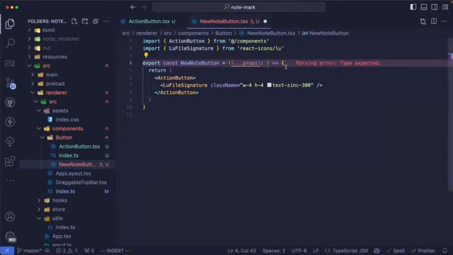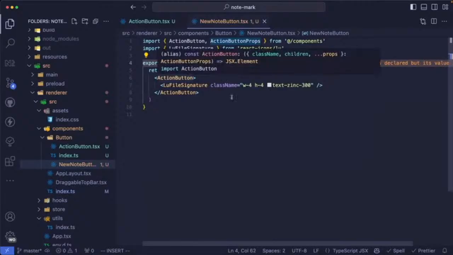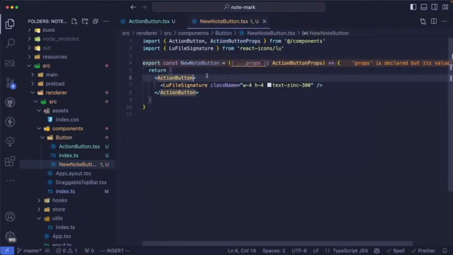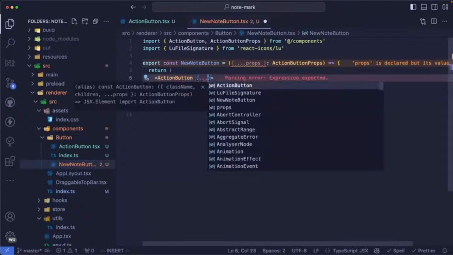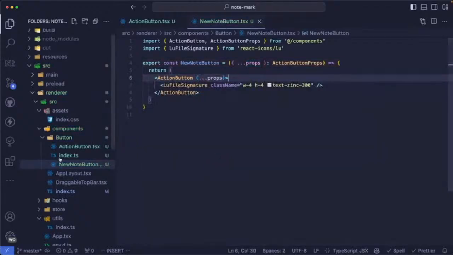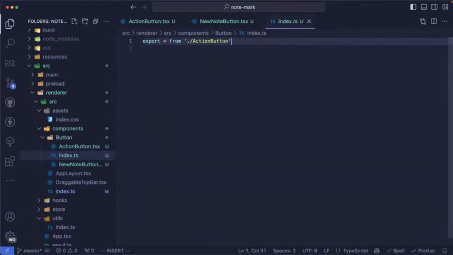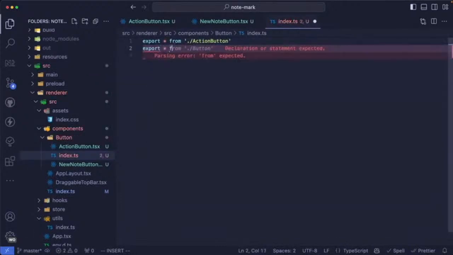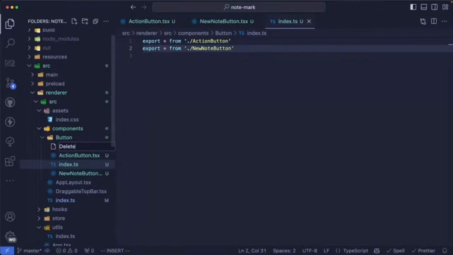And at this point, we can do the exact same thing here, because the new node button is basically an action button. So we can pass all the props over here. The next step will be obviously exporting this new node button. Great. And now let's define the delete node